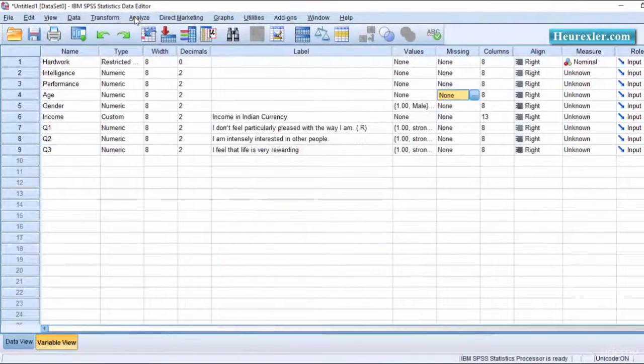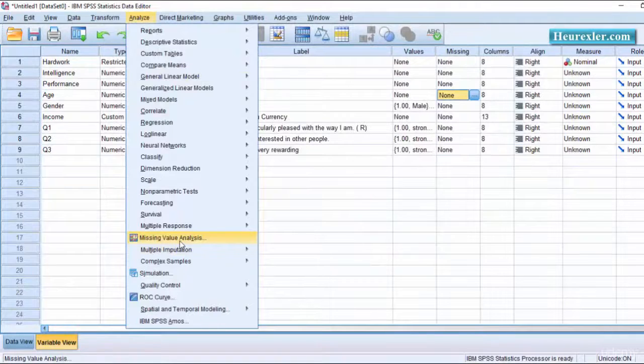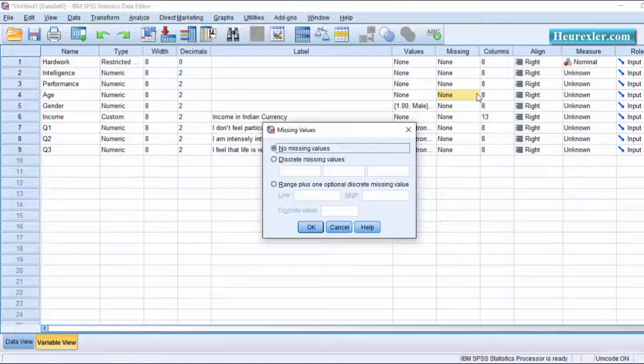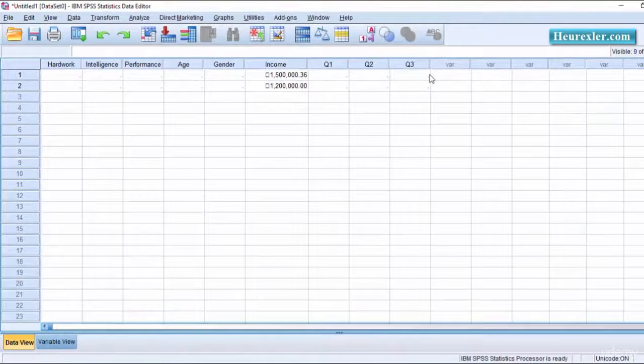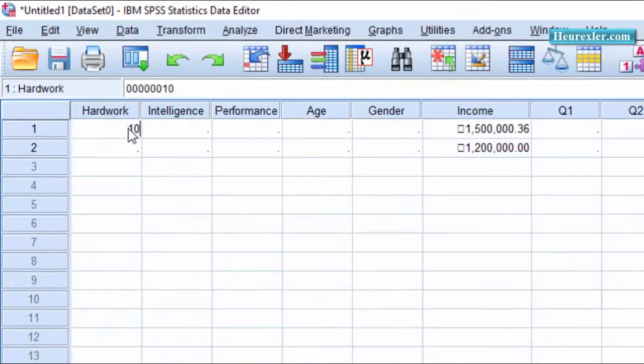This is another way of doing missing value analysis, that is via the missing value tab, and we use this tab when doing modeling studies. For example, in case of structural equation modeling, what happens if we have a large number of missing values? In that case we don't get the expected results, so it's very important to do the missing value analysis for them. Now another important thing about missing value analysis is that sometimes we want to replace the missing values by some identifiable number. For example, we want to replace all these dots with some numbers so that the software knows during the analysis that they are the missing values.